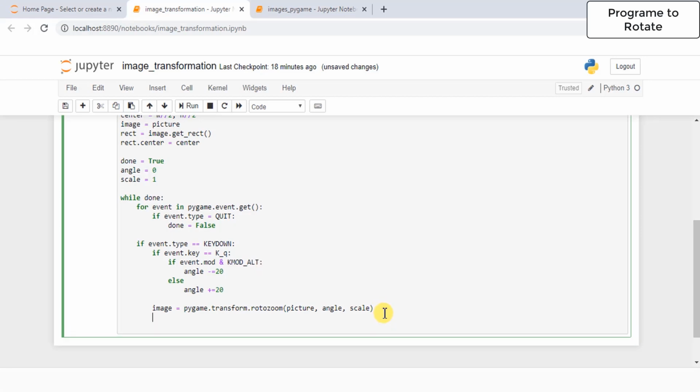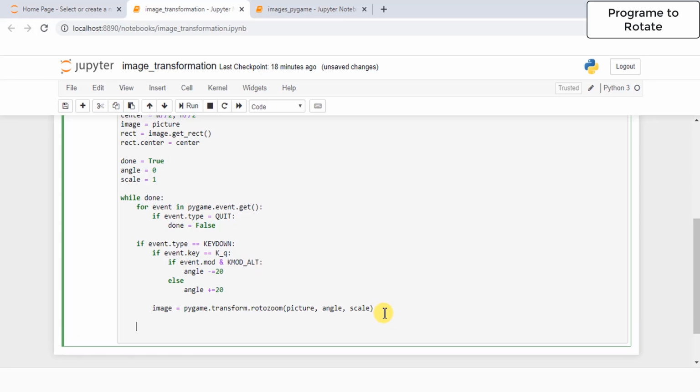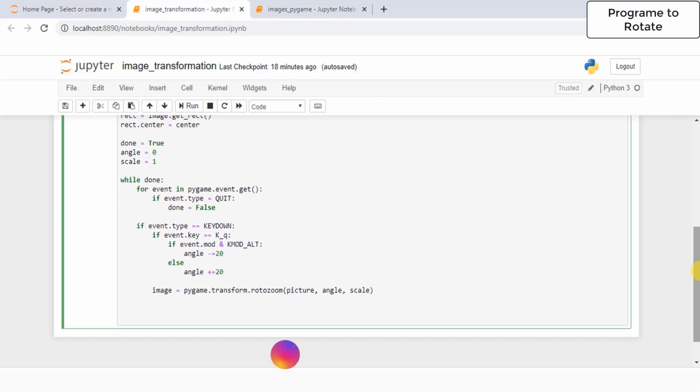So this is how you can handle the key down event, and when the key down event occurs, you have to check which key is pressed, and based on that you can decide on which key you want to perform which event. So here if someone presses the Q key along with the Alt key, then some kind of rotation will be performed. Okay, so when the Q key along with the Alt key is pressed, then we are going to do, I think, clockwise rotation, and similarly anti-clockwise rotation for just the Q key. Now let's write another event,